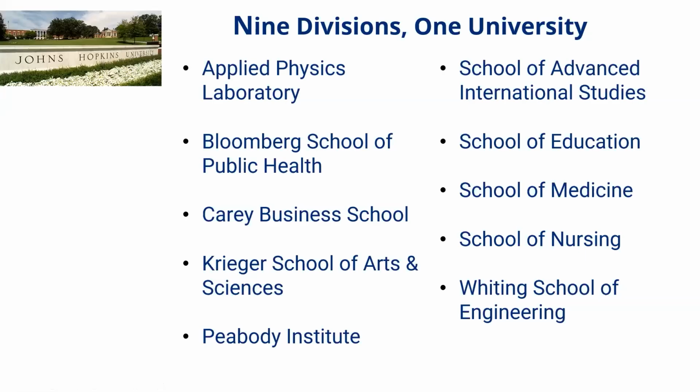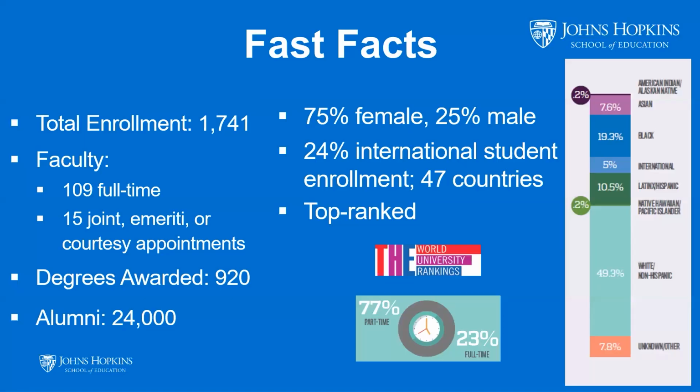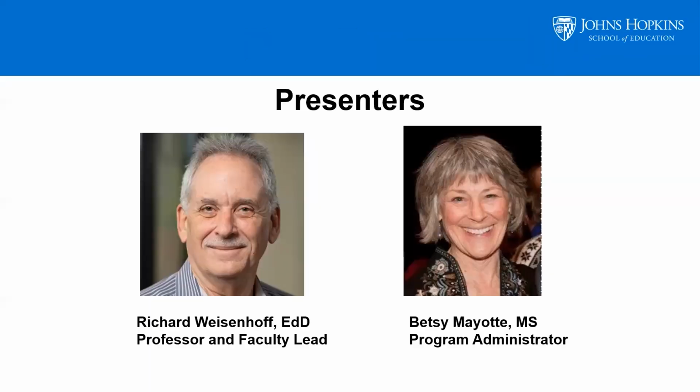To start, we are one of 9 schools at Johns Hopkins University. We began offering college courses for teachers in 1909, and then we became our own school in 2007. We are proud to share that the Johns Hopkins School of Education is consistently ranked one of the top schools in education by the U.S. News and World Report. For school enrollment, we have approximately 1,741 students. And we offer 25 graduate programs, which includes our 2 doctoral programs, master's programs and graduate certificate programs. And we have a strong network of over 24,000 SOE alums.